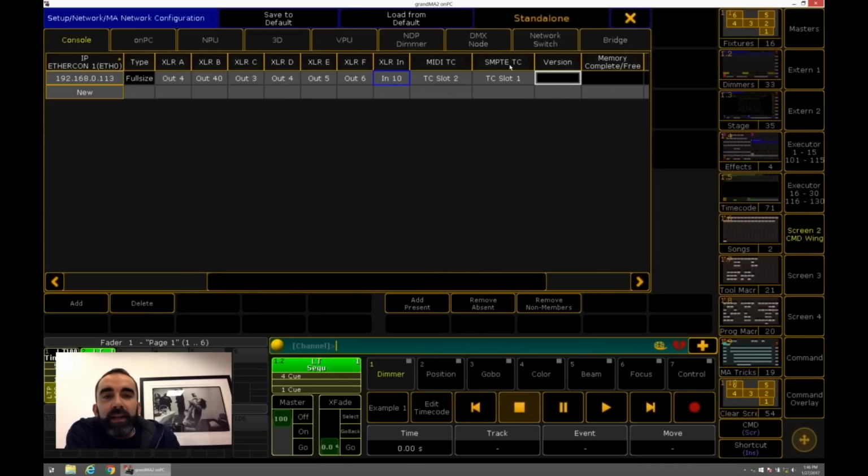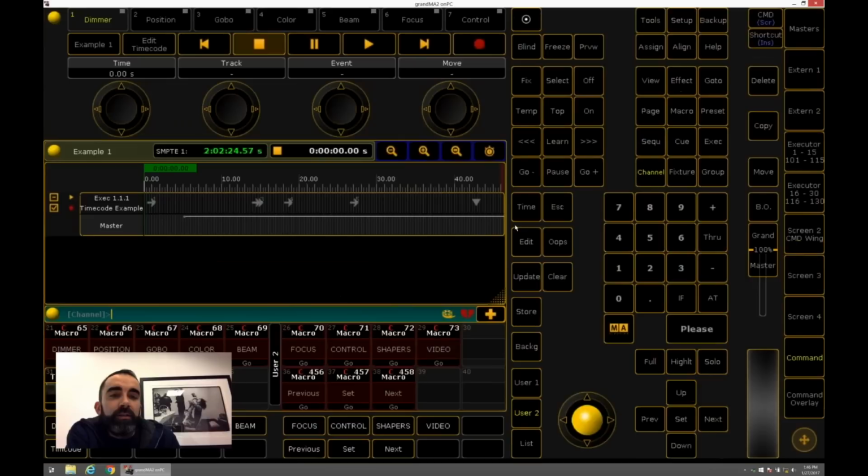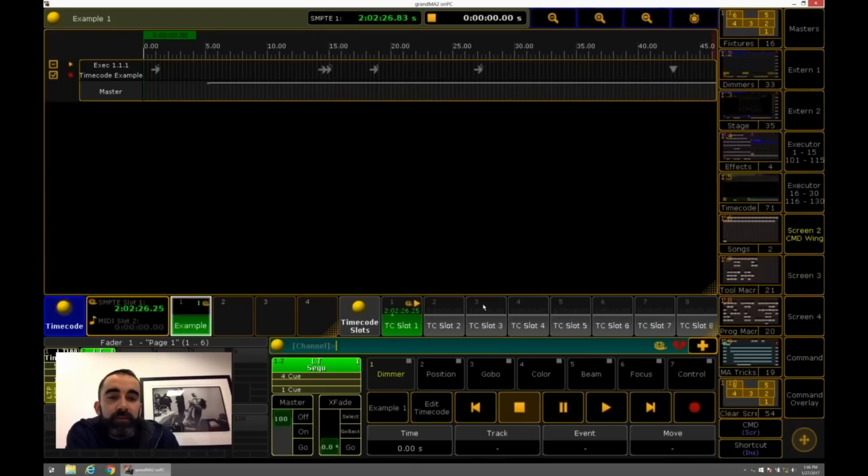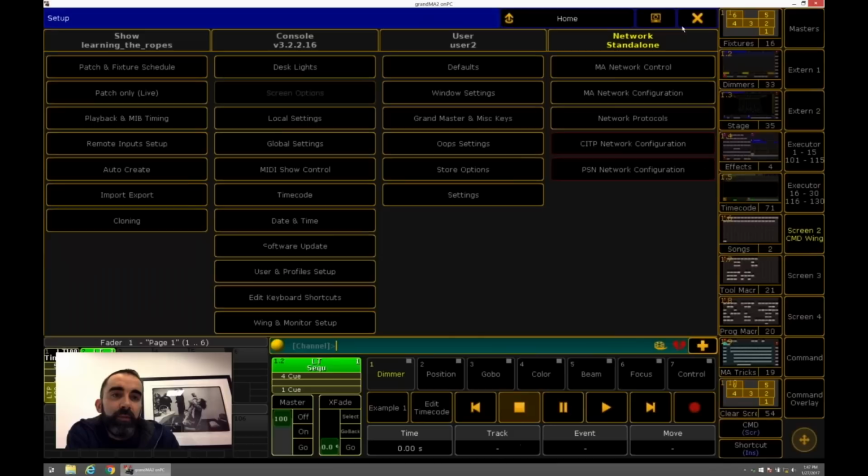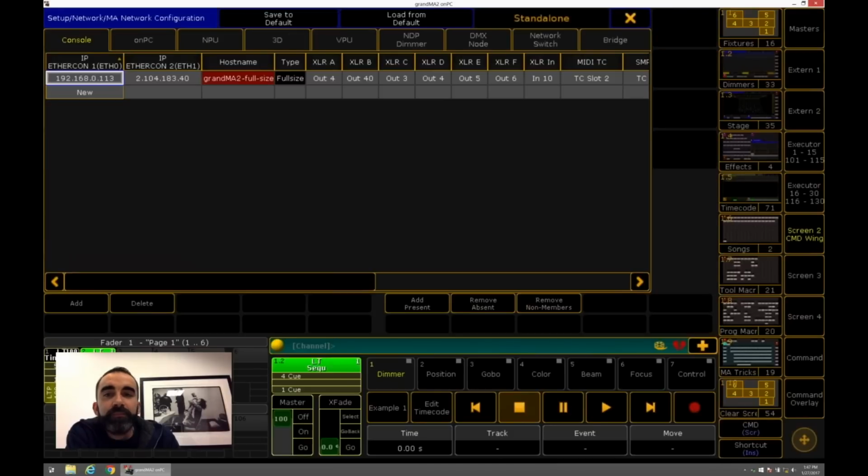There's the SMPTE 3-pin XLR port on the back, and there's the MIDI port for timecode. I want the incoming timecode signal plugged into that 3-pin port to associate itself with timecode slot 3 or 1 or 7 in the system. Right now it's timecode slot 1, which is why you see this little counter for the slot counting, because the incoming port on my console is set to timecode slot 1.